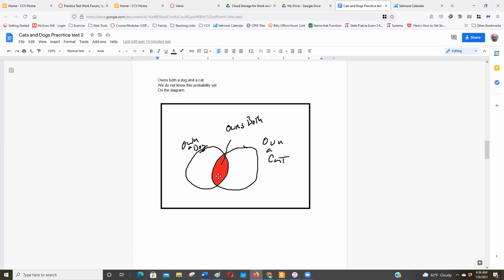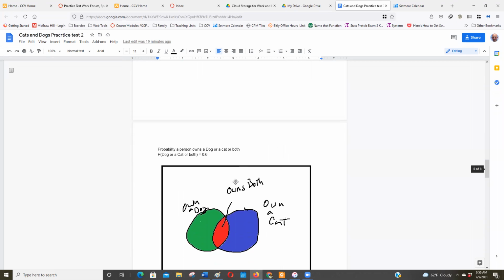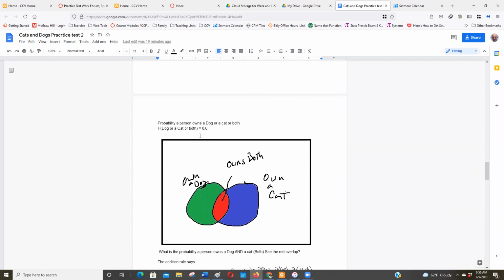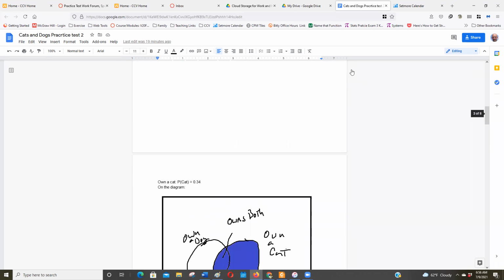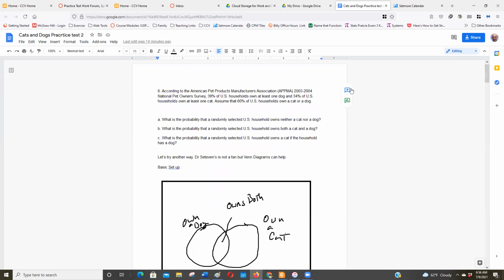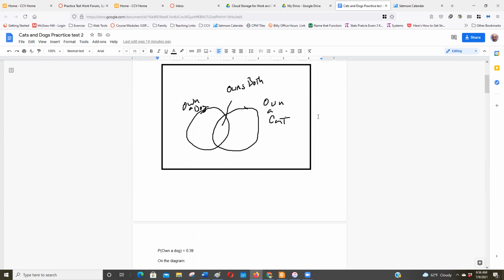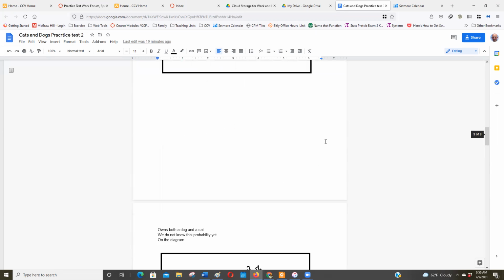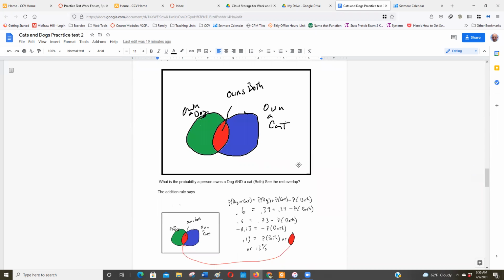And they didn't tell us that. So how do we figure that out? Well, they did tell us that 60% of people own a cat or a dog. Did they word it so that it says "or both"? No, they said own a cat or a dog. So they didn't word it that way. But what you've got to infer, and now you need to go back to